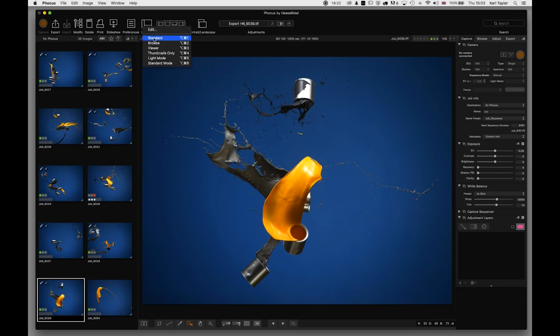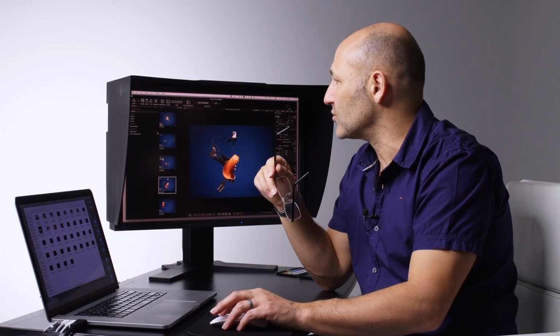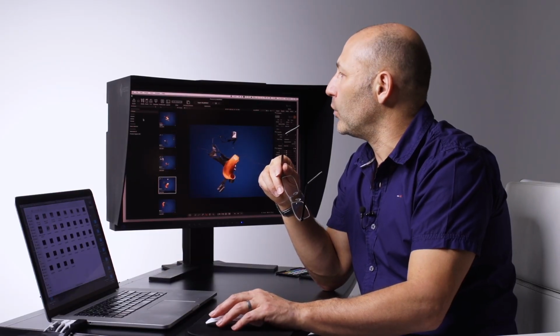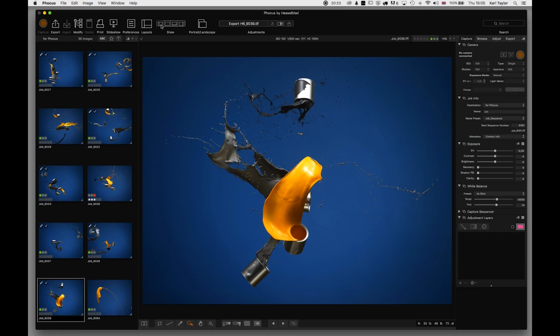Layouts, we have the standard layout. Now you can see in the standard layout that the thumbnails have moved over slightly to the right, and I have now a menu structure on the left-hand side, and this is basically the file structure of where you can find your images, where your images are being stored. I don't really like working with that layout, so with the show panel, we can obviously change the layout of